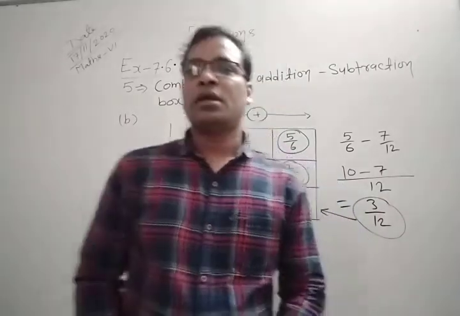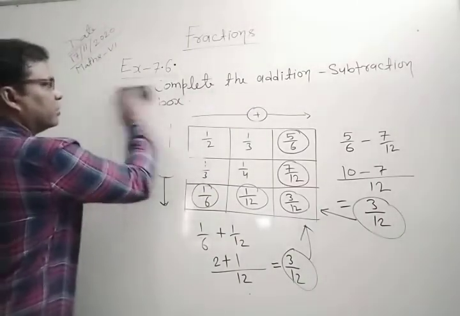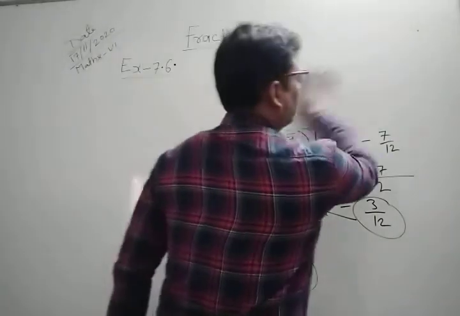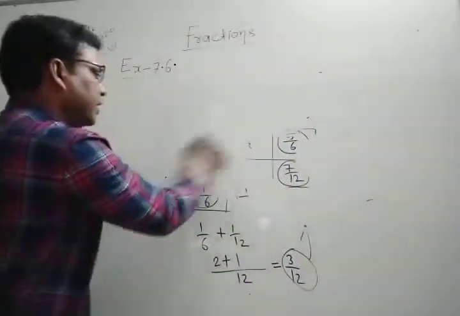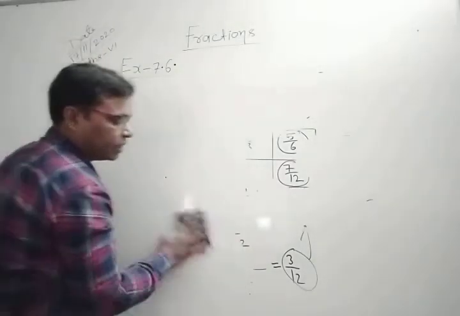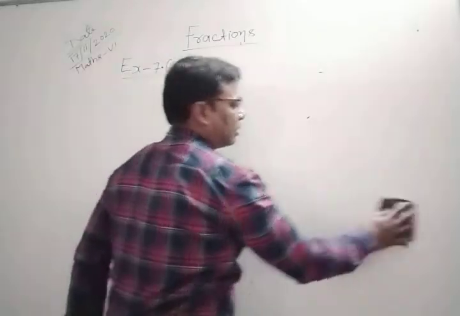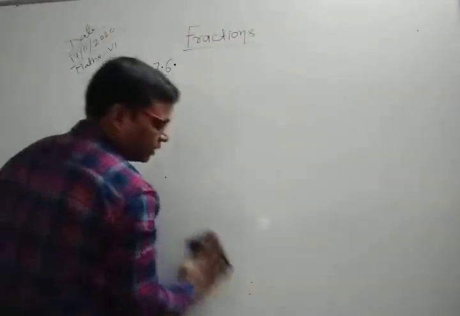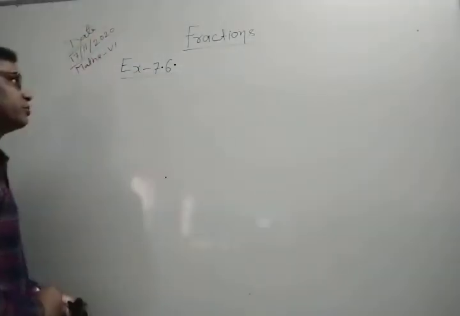So let's see how to solve this question. First write the total length of the wire. The total length is given as 7/8 meters, and after it breaks into two parts, the length of the first part is given as 1/4 meters. So we need to find the length of the second part of the wire. This is question number 6.